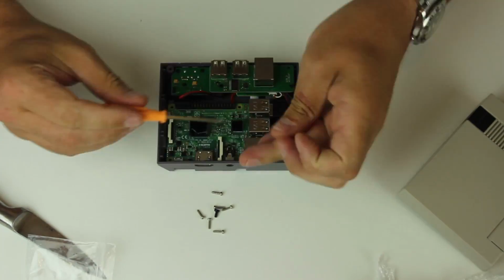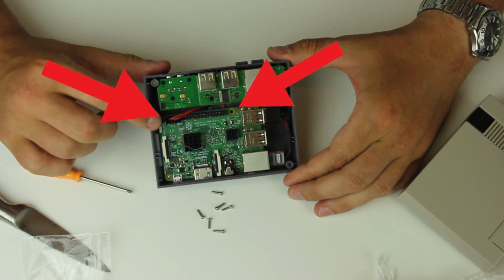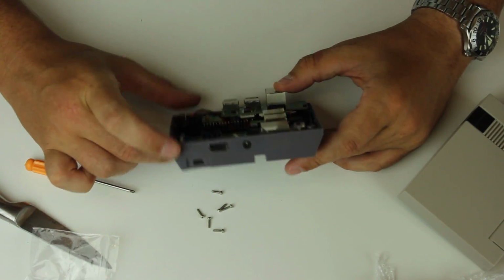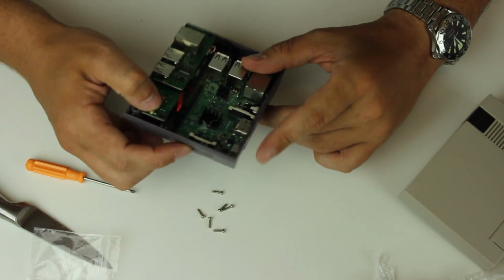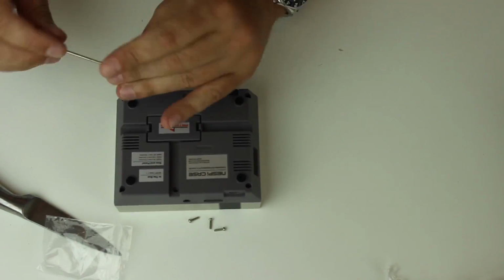One thing that I would say is when you're putting the Pi into it and you're screwing it in, don't do what I did. The screw should go next to the GPIO pins on both sides, and the ones furthest to the bottom there, they should be the case screws which hold that in place. The SD slot is accessible, like I said, and everything goes together pretty damn well